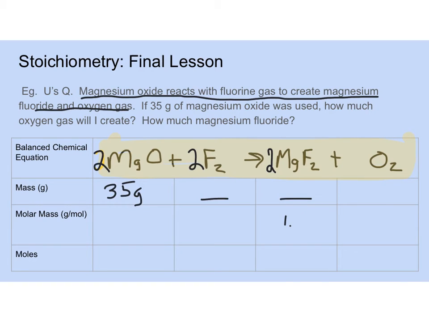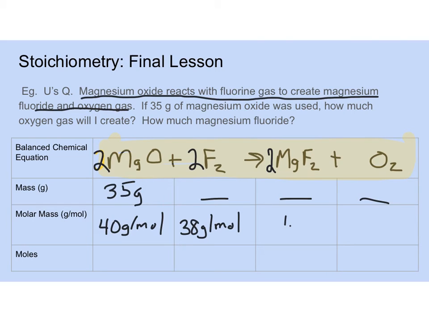and I need to know blank, blank, blank. That's what I want to know. Okay. So I'm going to go through, and I've got to figure out my molar mass of magnesium oxide. So that's going to be 24 plus 16 is going to be 40 grams per mole, plus 2 fluorines, so that's going to be 38. Magnesium fluoride, so that's going to be 38 plus 24,